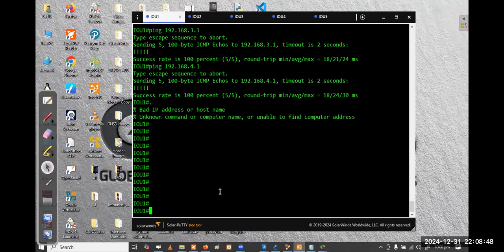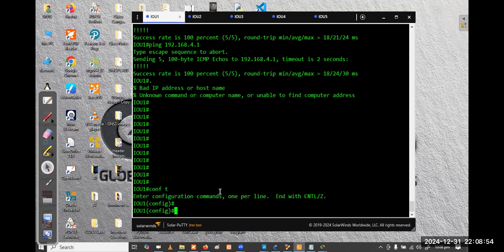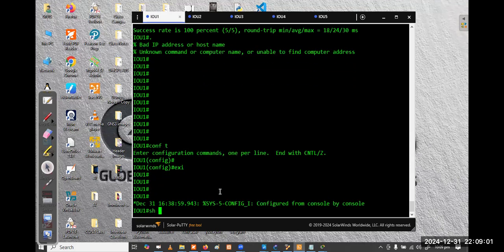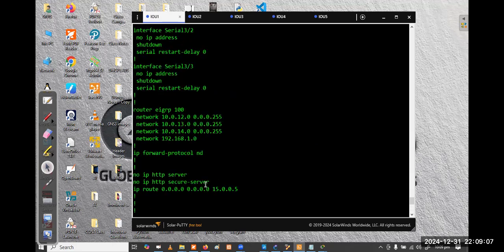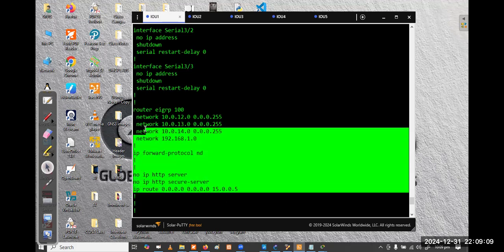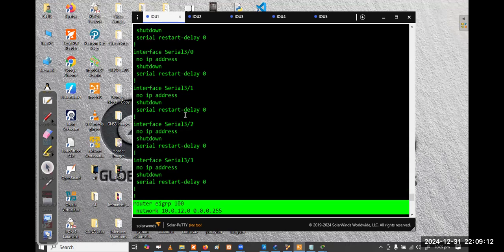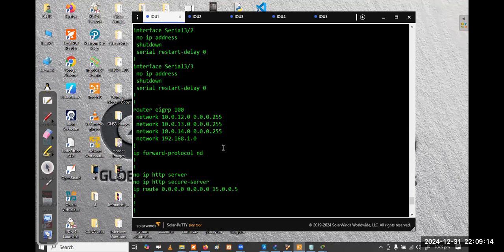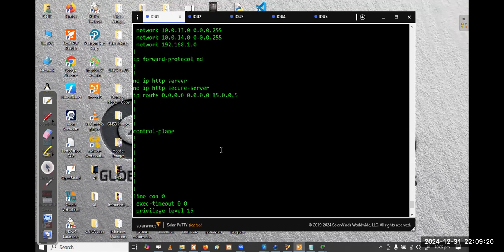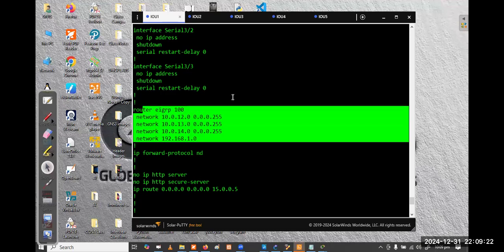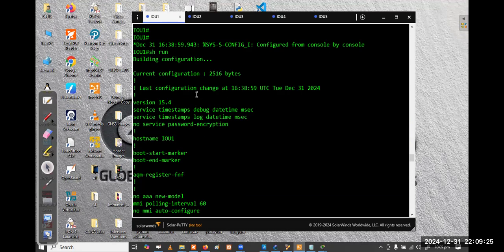Okay, guys, this one is also the same thing. Config T means configure terminal, and you can see all this information over here, right? If you run the show run command, then you can see all the configuration available here. We did this a short while ago, in a class for CCNP students. This is the one we configured. You can see the configurations over here. We did the GRE tunnel here. We did the VPN communication, right?